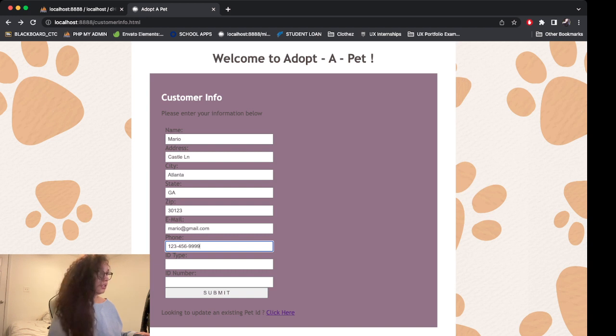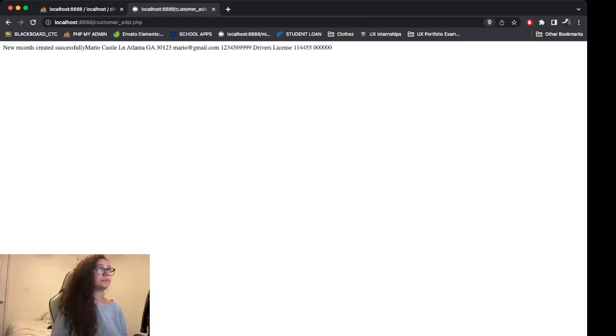Oops, extra 9s. Let me get rid of those. Those are not needed. Okay, ID type, we'll say driver's license, and the ID number we'll say is 114455. So I'm going to submit that. No, I don't want to save this address, and I have new records created successfully, and it's got all of